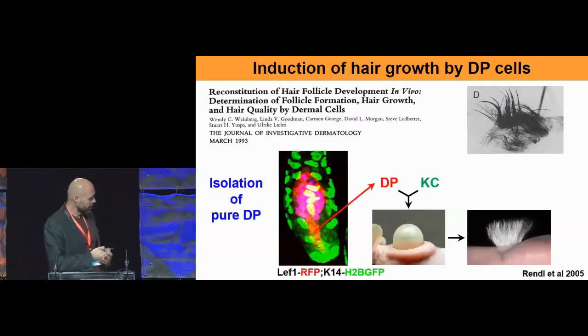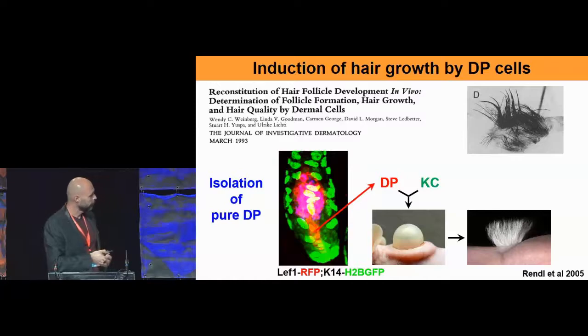Again, 10 years later, when I was a postdoc in Elaine Fuchs's lab, we developed, now with genetic tools, a way to isolate pure DP cells and show for the first time, en masse, with cells isolated from the back skin of mice, that together with keratinocytes in this chamber graft assay, they are really the cells that can induce